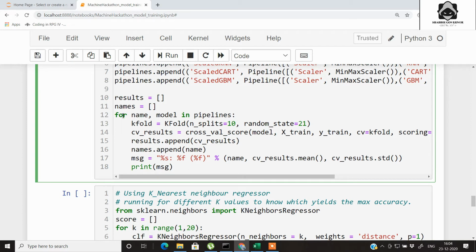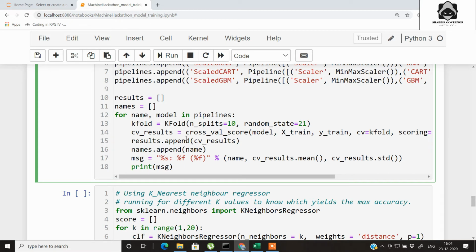So we are opening a for loop for name and model in this pipeline. We are applying k-fold cross validation with 10 splits, that is all the data will be divided into 10 parts, and training will happen on each one of them using the random state equal to 21, so that we get the same results every time.